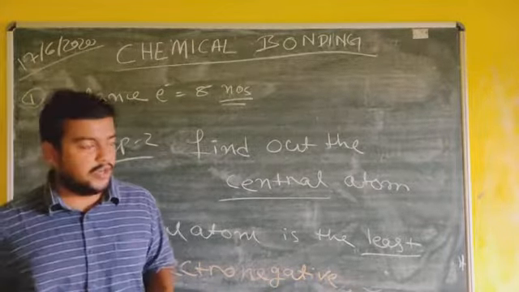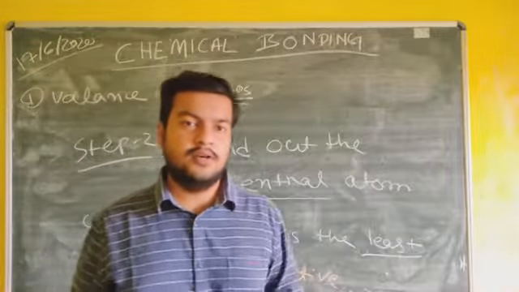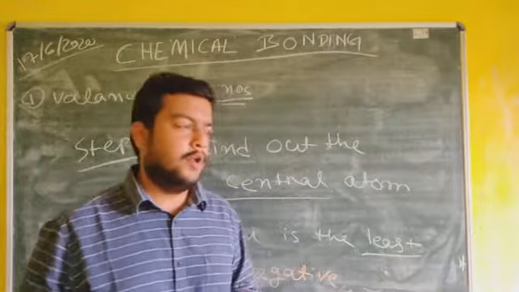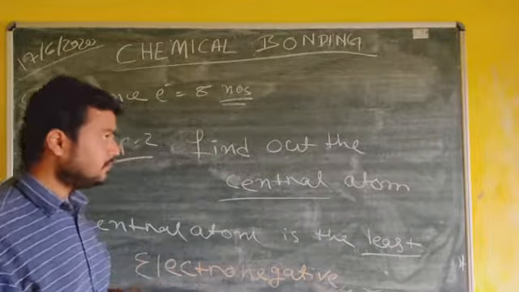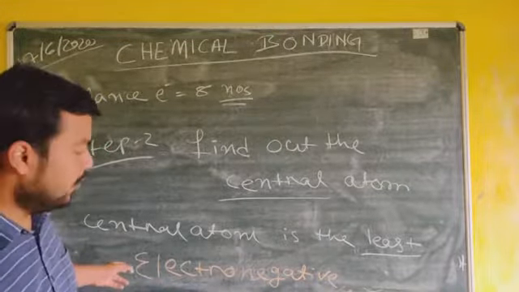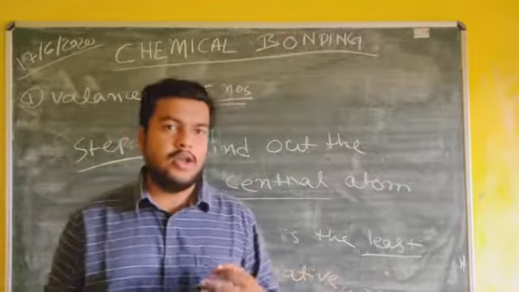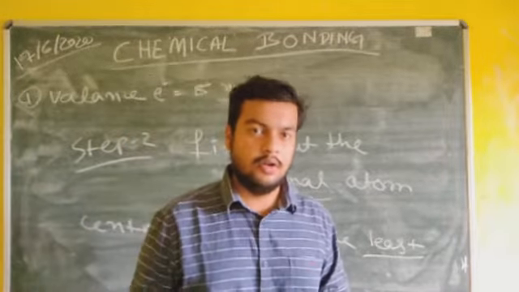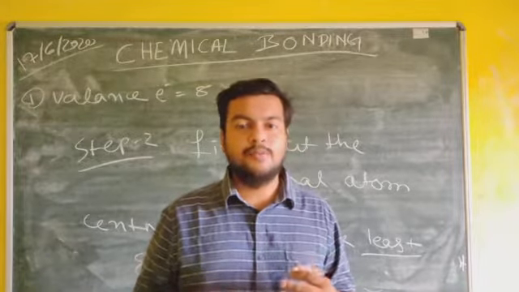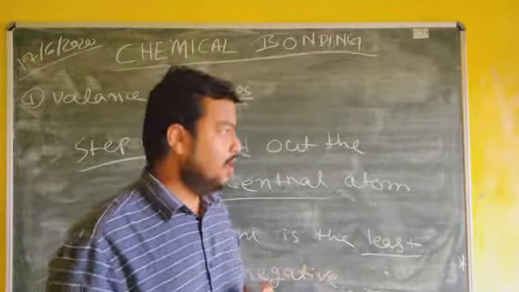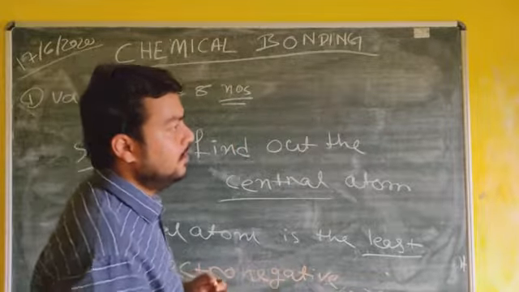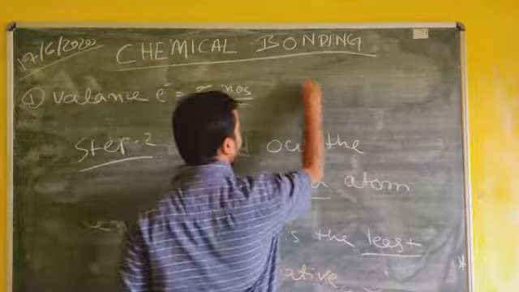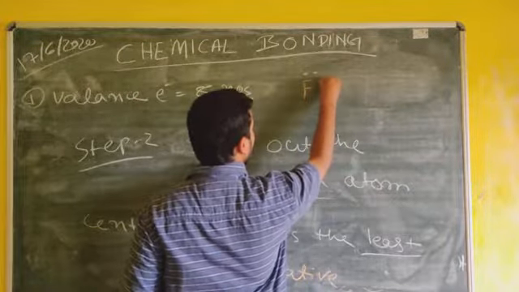So what do you mean by electronegativity? You may have studied the term electronegativity in your class 9 or 10 periodic table chapter. But to revise that, electronegativity means the tendency to attract electrons. It means if an atom is more desperate to gain electrons, suppose in the case of fluorine, okay, in fluorine